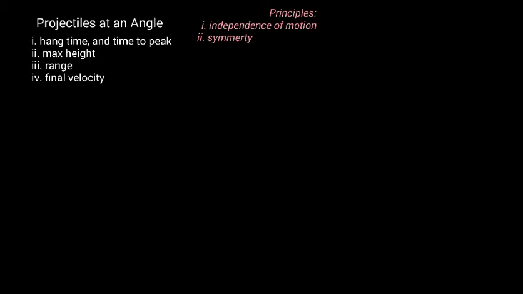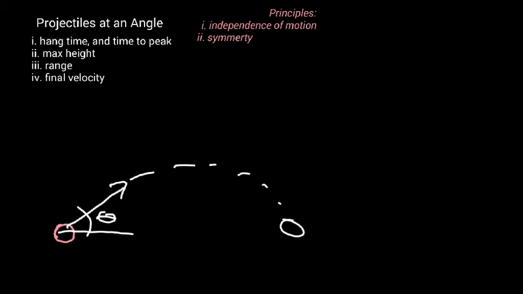So what we're going to do is assume that we have a projectile, and it's going to be launched at some angle, theta, off the horizontal, and it's going to fly through the air and land over here. And it's this point right here at the very max height that we're interested in. So we're going to call that height y. Now, the easiest way to go about finding the time is if this height y is given. If you know this value, then what you could do is say that, alright, I know that any initial displacement